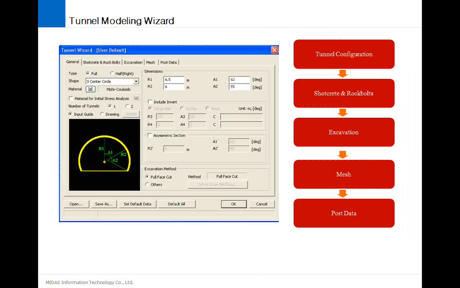So lastly, in the list we are left with the tunnel modeling wizard. You can model the whole tunnel by just defining the basic tunnel configuration, then defining the shotcretes and the rock bolts, defining the excavation stages, defining the mesh, and taking care of the post data. So with very small input of data, you can actually model the whole 3D tunnel, and also take care of